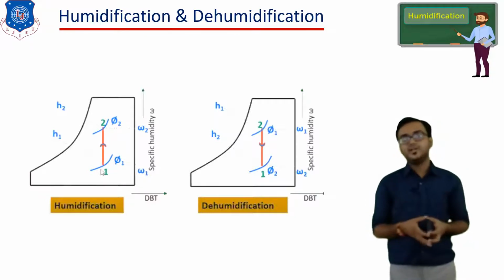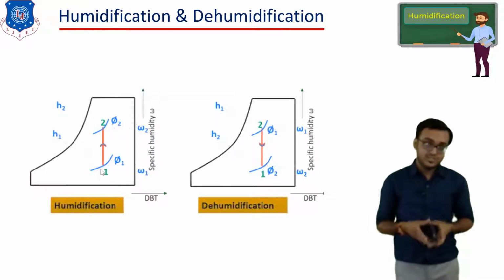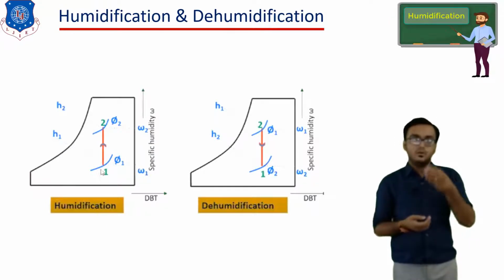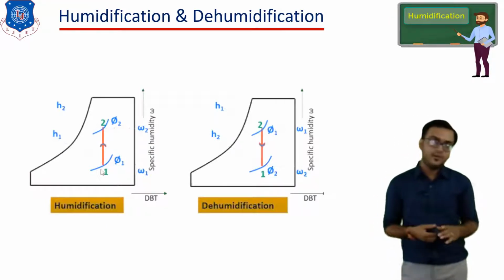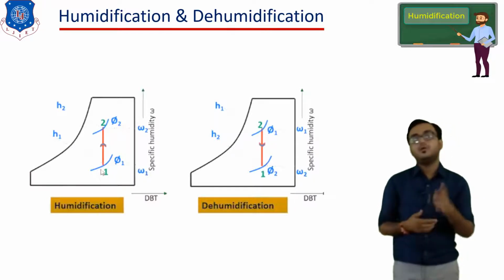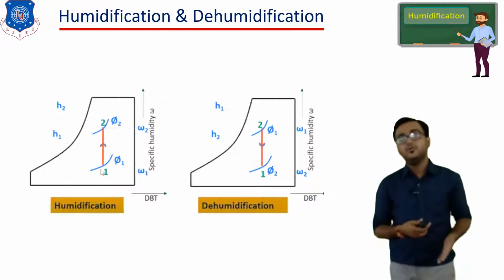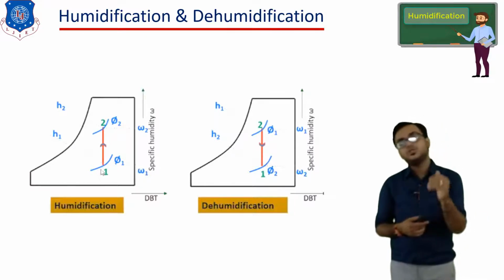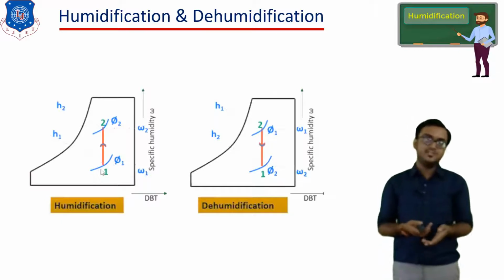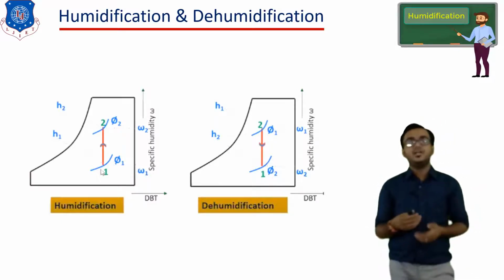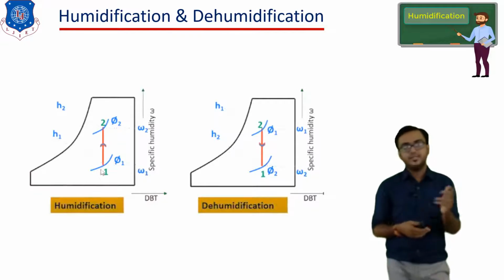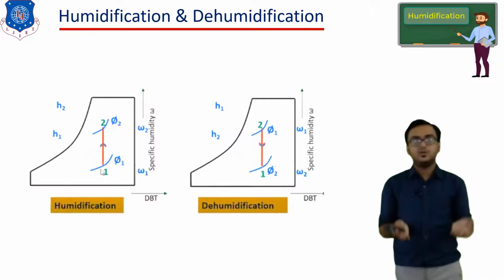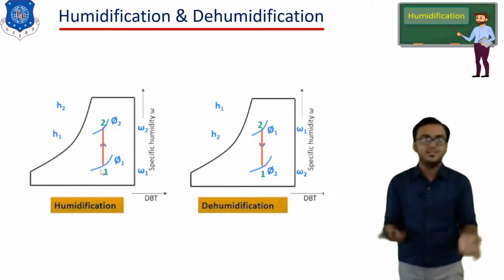As I told you, humidification means to add moisture inside the air without manipulating its temperature. So to indicate the humidification line on the psychrometric graph, we need to plot one vertical line which shows the increase of the specific humidity, that's omega, because we are adding moisture inside the air. And as per the definition, the specific humidity stands for the mass of water vapor associated with 1 kg of dry air. So as we increase the specific humidity, obviously the mass of water vapor is going to increase, or you can say vice versa.